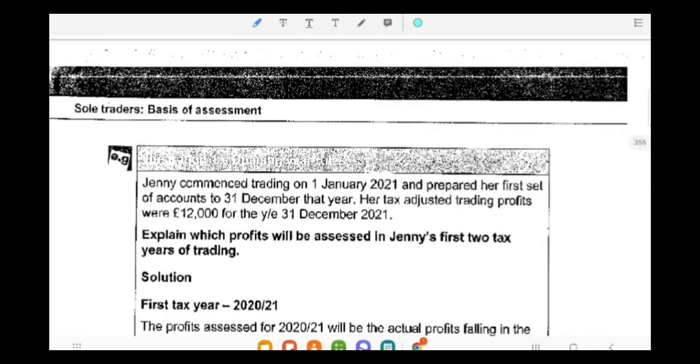So this is the example. Jenny commenced trading on 1st January 21 and prepared her first set of accounts to 31st December that year. Her tax adjusted trading profit was 12,000 for the year ended 31st December 21. So here we need to consider what is the first tax year of Jenny, what is the second tax year, and how much profit would be assessed in these tax years. The business starts on 1st January 21. The first tax year would be from 1st January 21 till the following tax year ending date, which is 5th April 21. So it is known as tax year